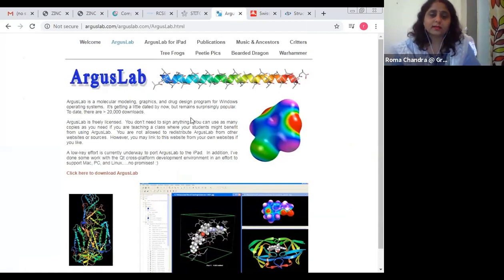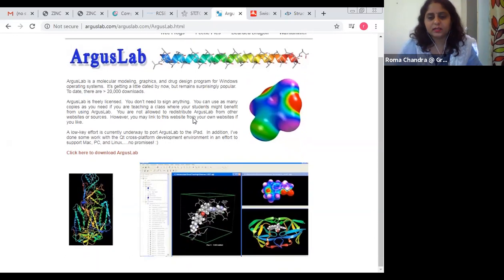Last session we talked about docking and molecular modeling, because modeling of the structure is necessary when we are going with the study of its total free energy and the force fields involved. Then we need to go with the modeling of the structure. We can go with the simulation of the structure, and ArgusLab is a suitable place where we can study these kinds of structures. These tools need